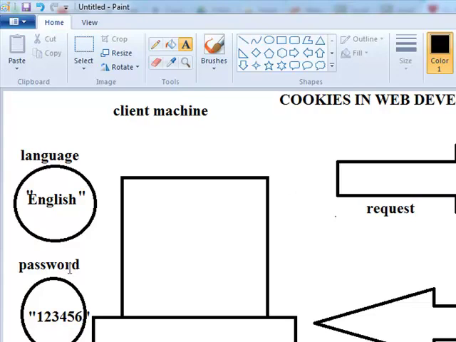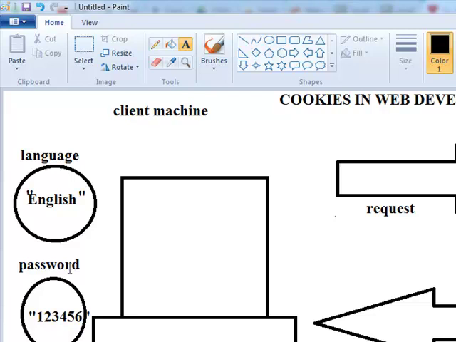So if I have logged into Facebook, the cookies of Facebook only will go from the client to the Facebook server. So if I have cookies of Facebook, cookies of Amazon, cookies of Gmail, cookies of other websites which I have browsed, and I am requesting the Amazon server or the Flipkart server, which cookies will go along with the request object? Cookies of that particular domain only.